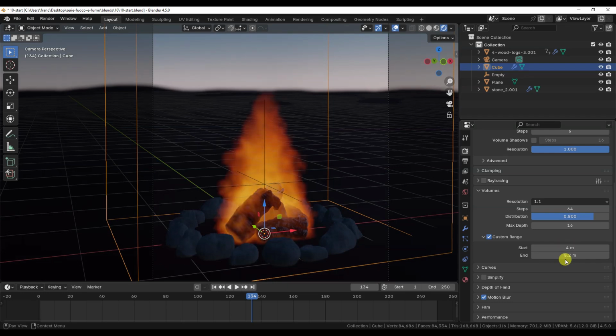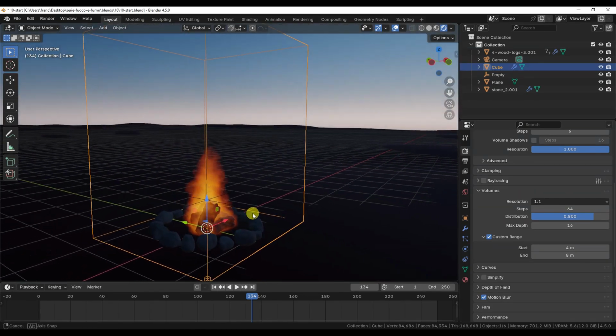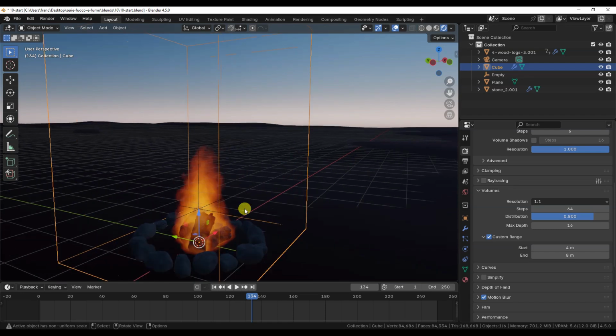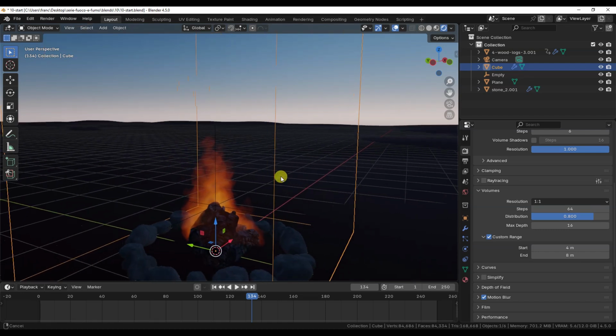Obviously, we don't need the default 100 meters, so we can reduce the start and end values to match the domain of the simulation and concentrate the steps within that space to achieve a better result. These are the most important parameters to understand in this section, especially to explain why simulations sometimes disappear when moving around in the scene.